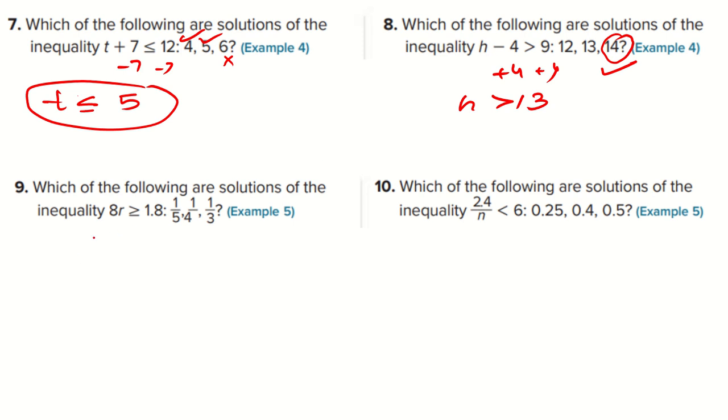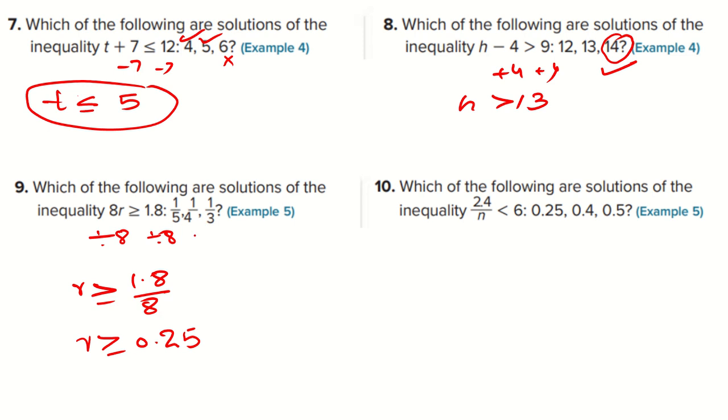Now same here, divide by 8, divide by 8. So r is greater than or equal to 1.8 divided by 8, means r is bigger than or equal to, divide this. 8 2s are 16, 8 5s are 40, 0.25. So which number is bigger than 0.25? You can see